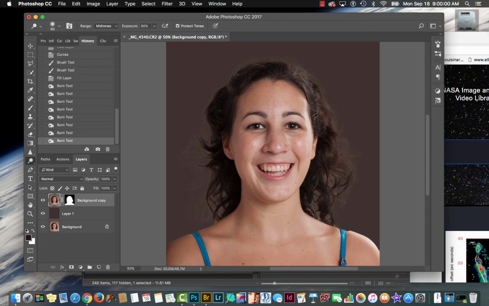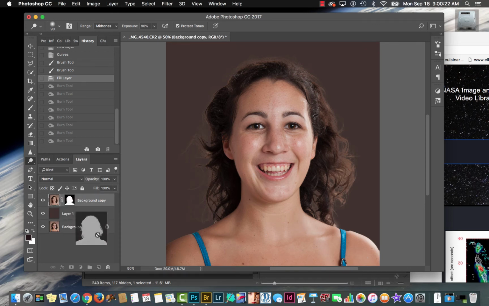So that's one option, and that looks pretty good. That's a pretty nice option for you. I'm going to go back again, and I'm going to show you another option. If the color is different, for instance, if I photographed her in front of a green tree and I had green in front, green around the edges of her hair, which will happen, I could come in here to that